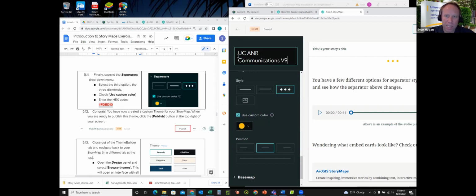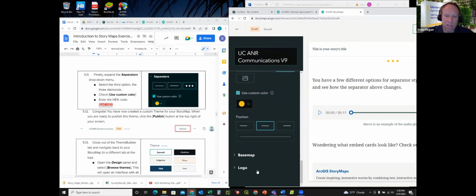V9 in my case. You don't have to do that, but that's the theme it's going to be. Good. And then it automatically saves it, just so you know. And then there's base map and logo, but we don't have to worry about that. Good. All right. So now we have a theme to work off of, and we can go back, go to themes